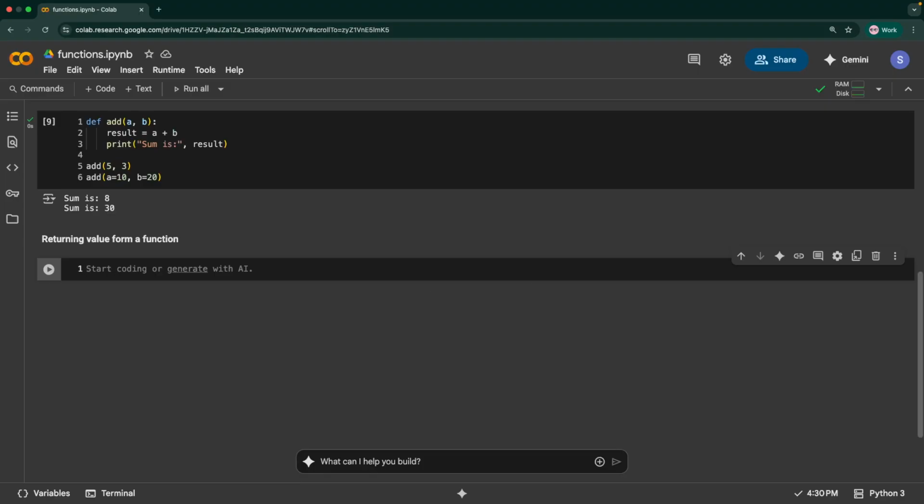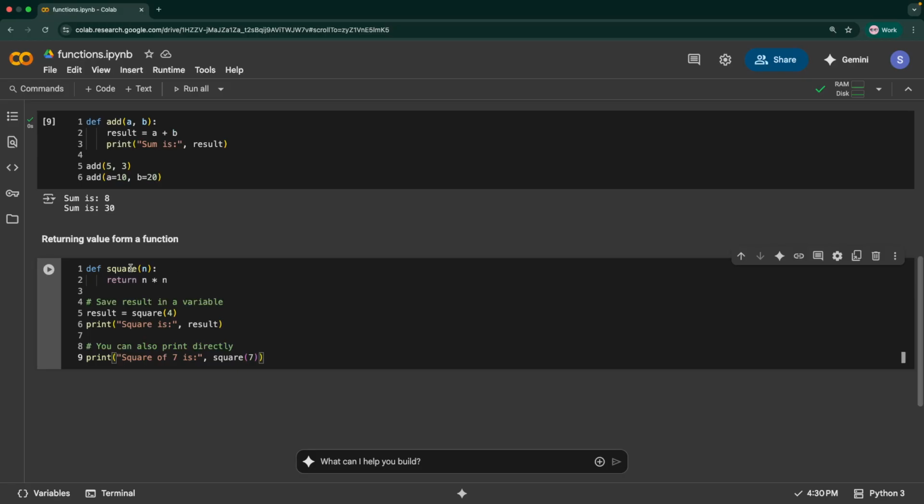In that case, we can do something like this. So I can just create a function called square. This is going to take a particular value and square it by using n asterisk n, which is n into n. So now if you pass 4, it's 4 into 4, which is 4 to the power of 2, right? It's just the basic square thing that we are doing. Okay, so n into n.